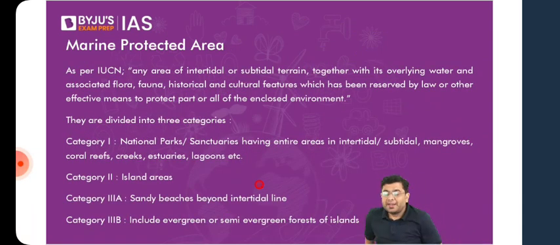These are those protected areas where the purpose is the conservation of the marine organisms. So this can include the coastal terrain, the coastal area, the intertidal region, the island region, and pure aquatic areas as well. You have to understand that within a large marine protected area, you can have the different wildlife sanctuaries and national parks constituted within them. As per IUCN, this is the definition of the marine protected area. But as I always maintain, in many of the cases, definitions are meant to confuse you rather than to clarify the meaning. So just take a look at it.